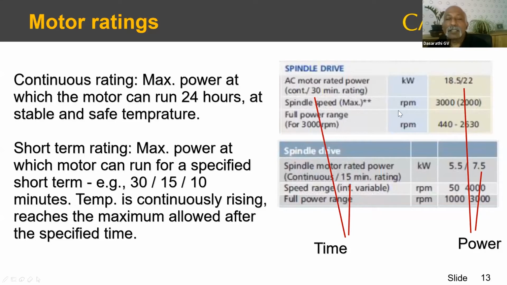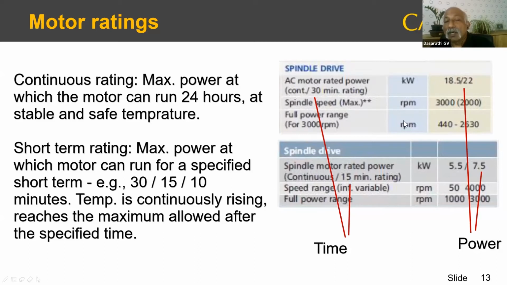But with any part's duty cycle, like I said, you've got heavy loads, you've got light loads, you've got zero loads. So typically you're never going to be continuously cutting for 30 minutes. But even if you do, you can go up to 22 kilowatts. And this is your spindle power maximum.